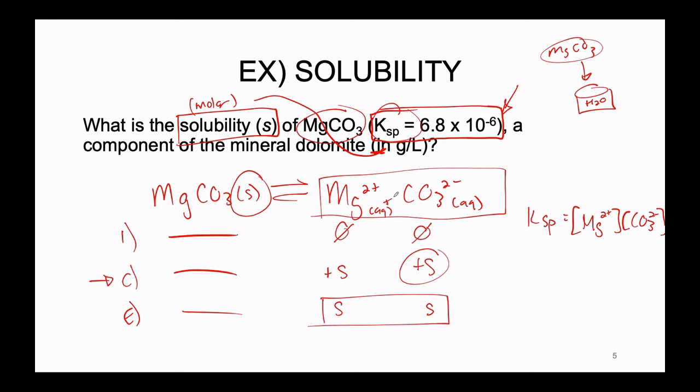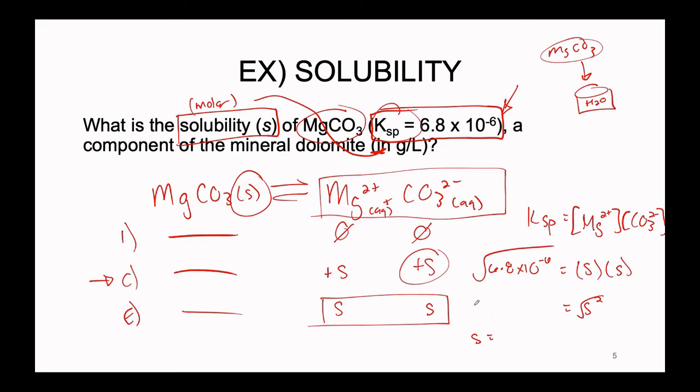No exponents necessary since there are no stoichiometric coefficients here, so it's just a matter now of inserting what our Ksp is equal to, the 6.8 times 10 to the negative 6, and this is going to be equal to S, which is the concentration of our magnesium, and S, the concentration of our carbonate. Well, this is just equal to S squared. And the easiest way to solve for a square is to take the square root. And so this is going to give us what our S is equal to,